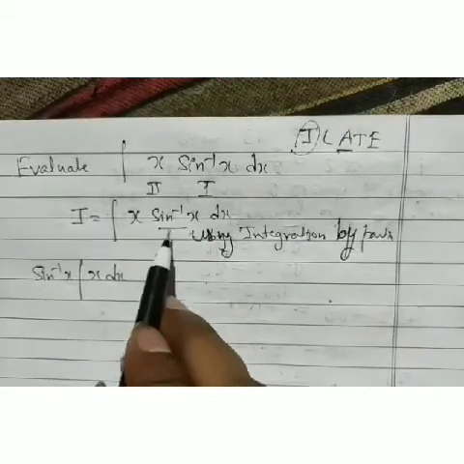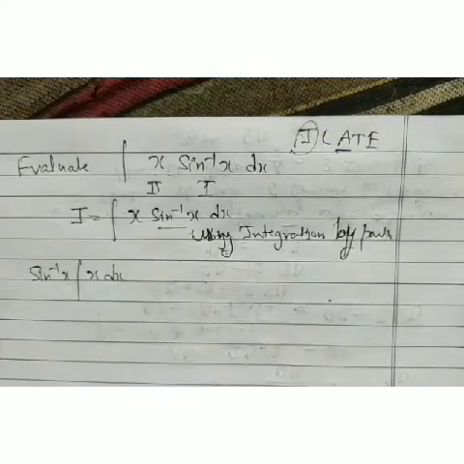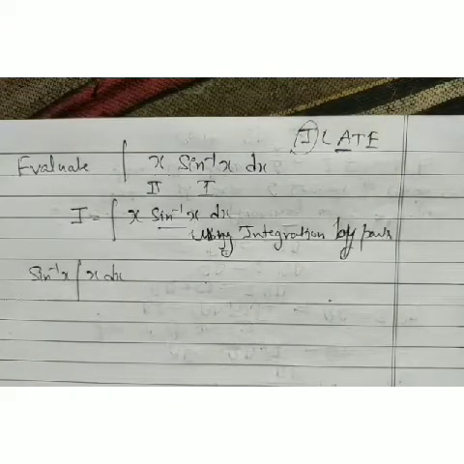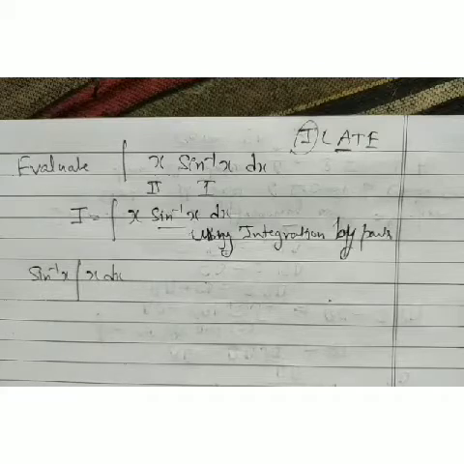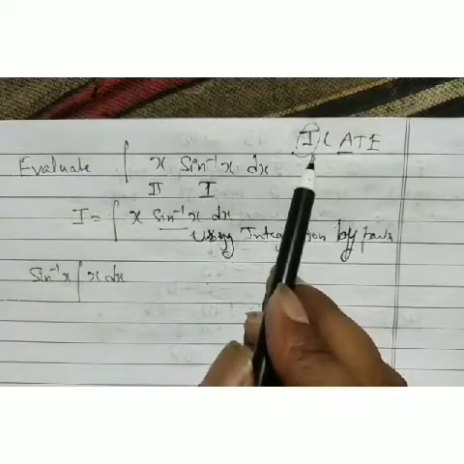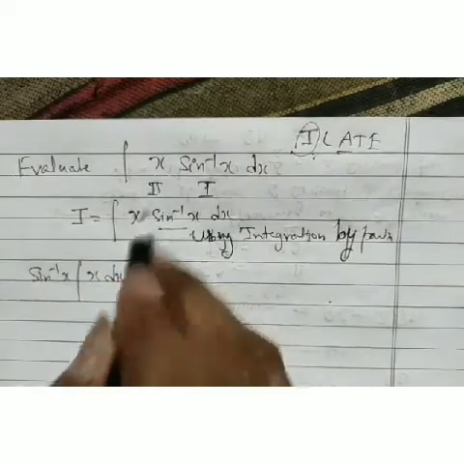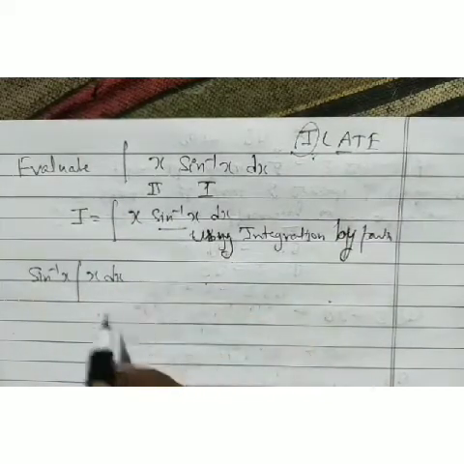Now look, yesterday I said that we do not choose a term as the second function when its power is increasing, but unfortunately we have to take x there. Its power is going to be raised to x square by 2, but we have to follow the word ILATE form, because it is difficult to take the integration of sine inverse x.